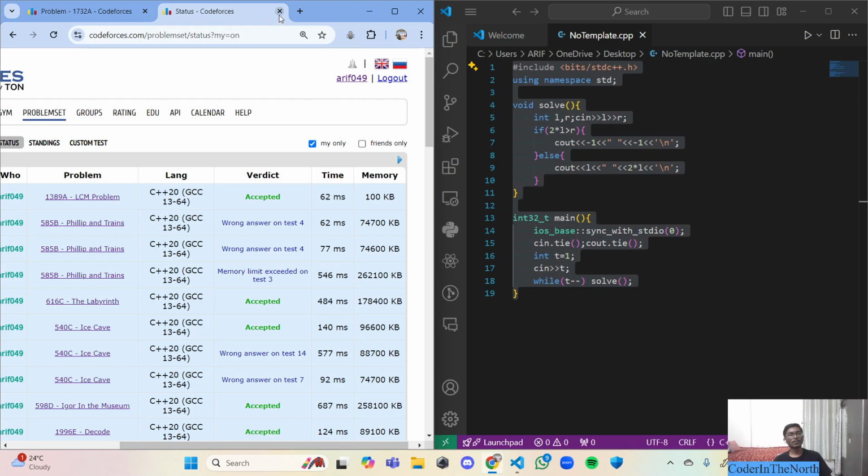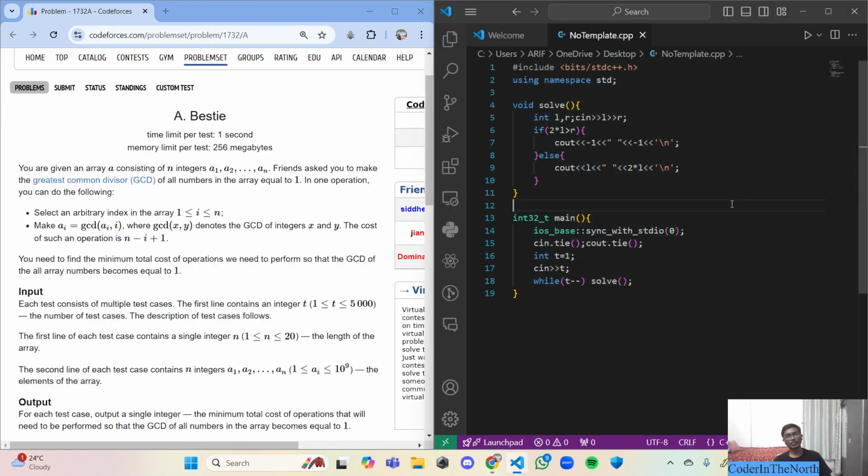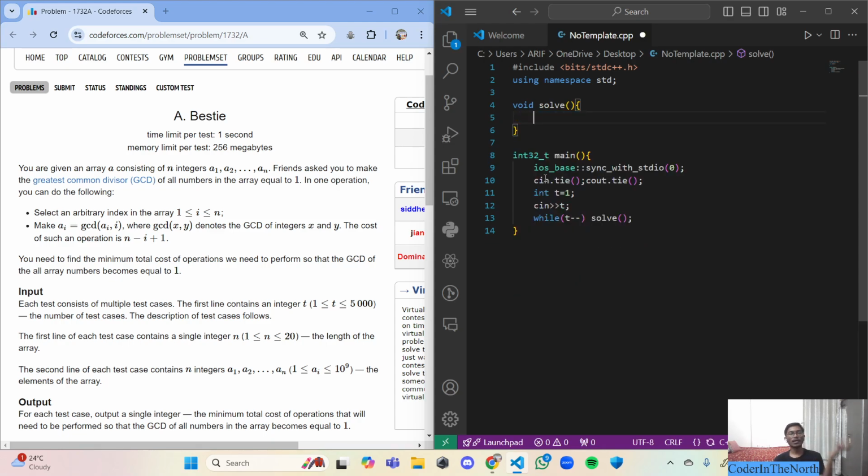Okay, now the next question. In this next question, you'll learn a new thing. When I was covering the theory, I took only two numbers while calculating the GCD. Now when it comes to multiple numbers,